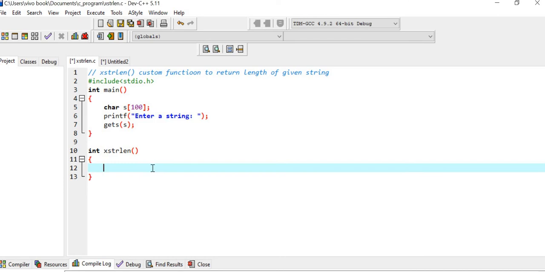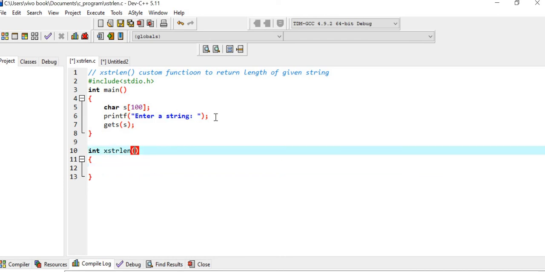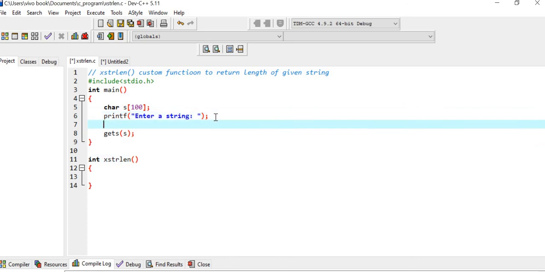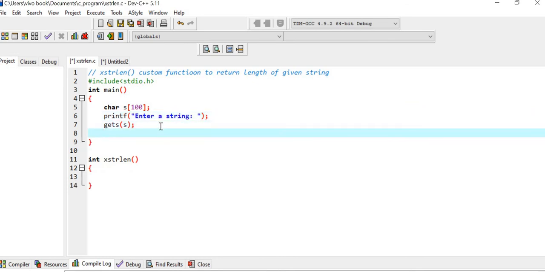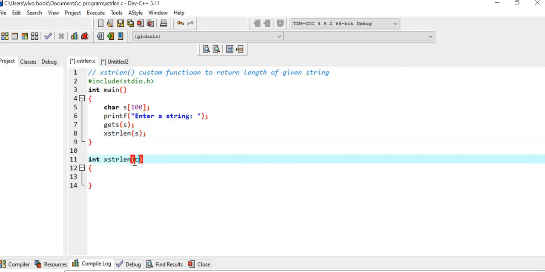This xstrlen function should accept the string, so it will be called with the base address of the string, and we'll store the base address in a character pointer, char *str.